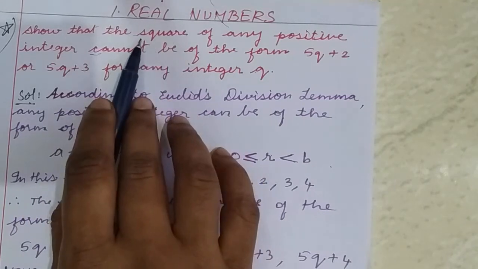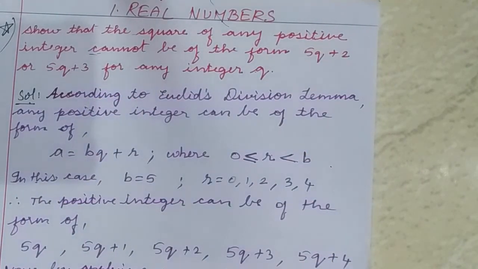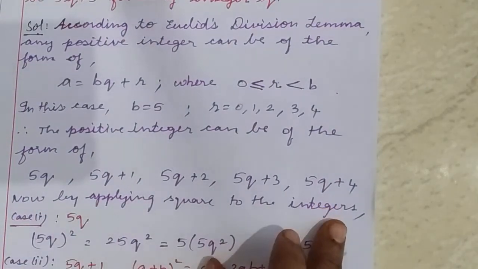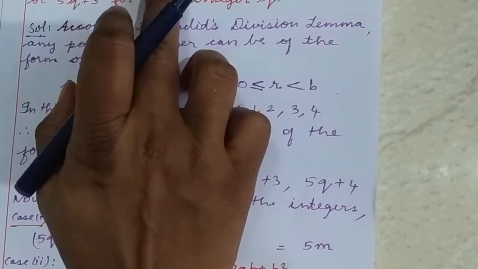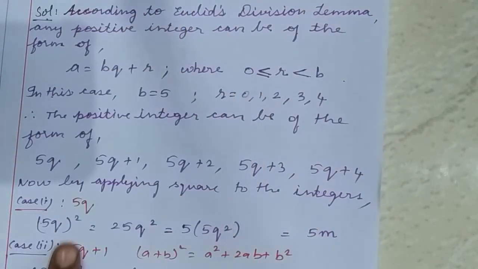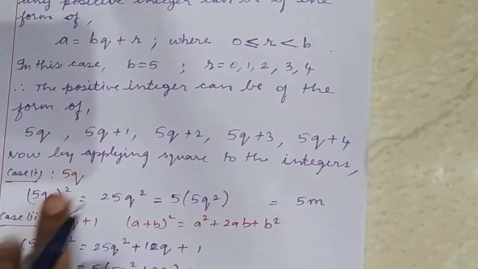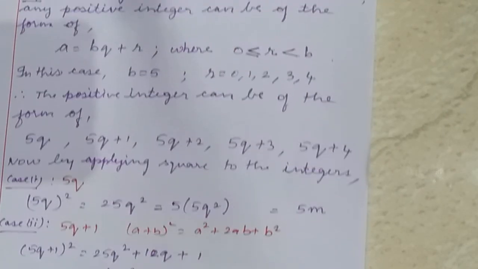If it is the square of any positive integer, we will first find the integer values, and then check whether the question is about the square or cube, whatever it is. If it is the square, we will apply the square to all the values individually, and then write them in terms of multiples, and then check the answers in accordance with the question given.